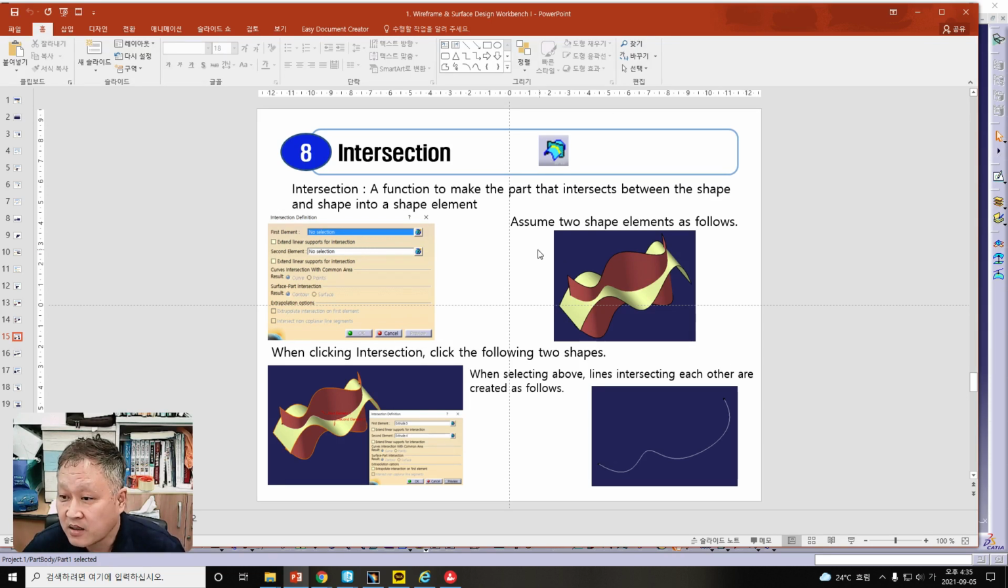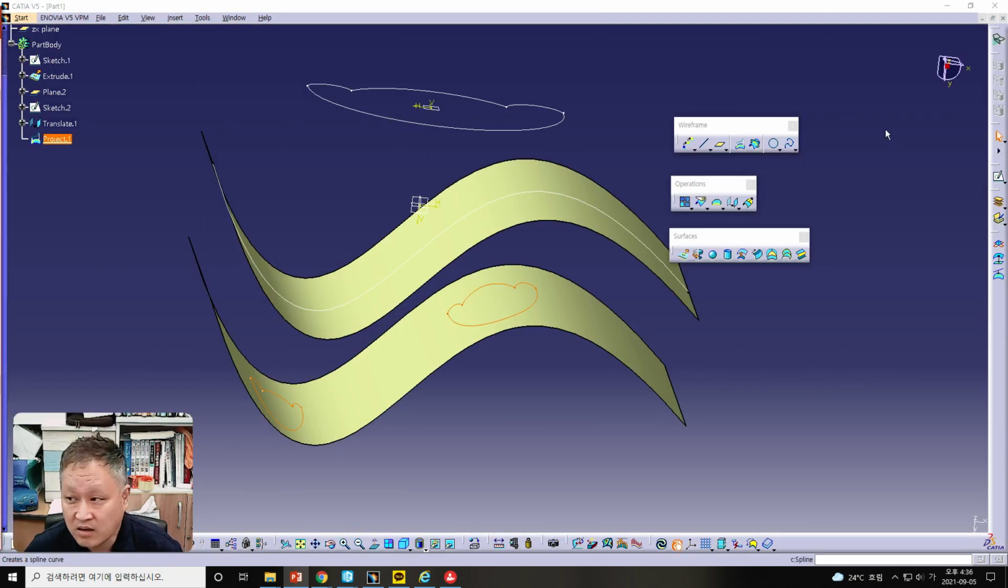For explaining the intersection, it is a function to make the part that intersects between the shape and the shape into a shape element, like here. And when clicking intersection, click the following two shapes, then the intersection line is extrapolated like here. I will show you this in the